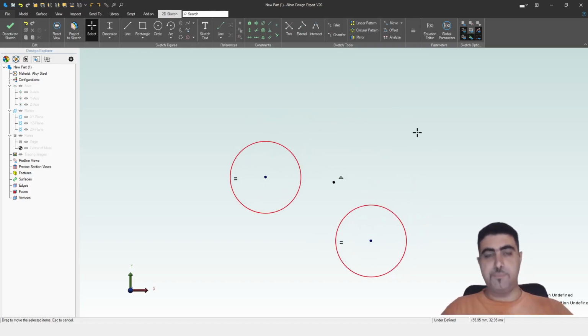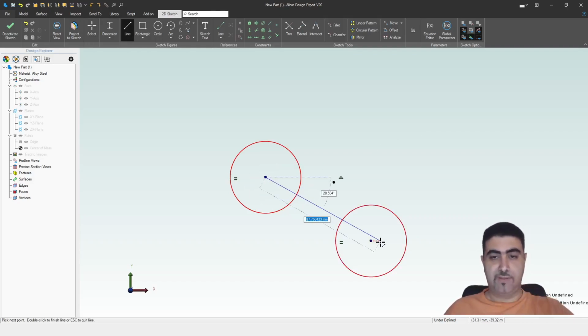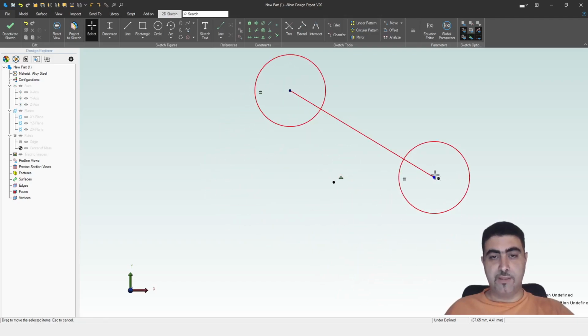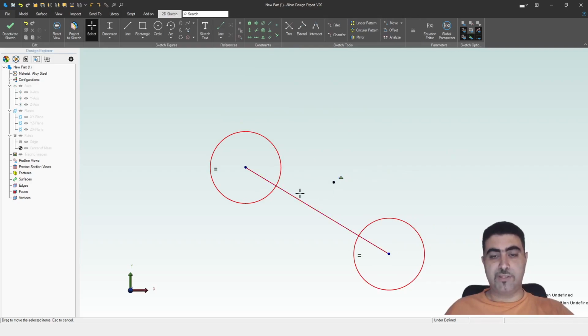So when you use the midpoint constraint with 3 points, what happens is the third point is defined to always be on the perpendicular bisector to the line segment defined by the other two. So if I make a line segment here, you will see that whatever I do with these circles, this point is on a perpendicular line to this line segment that also goes through the point. Okay, and to show this better,